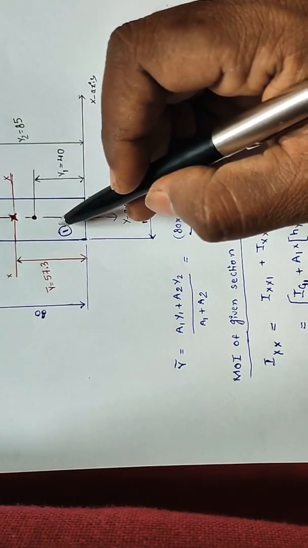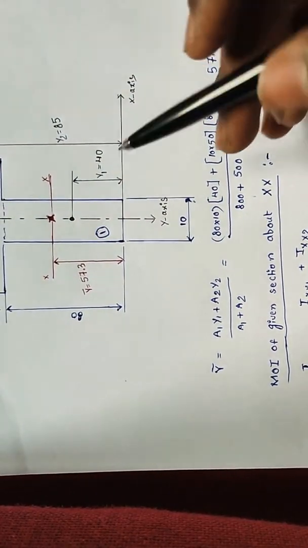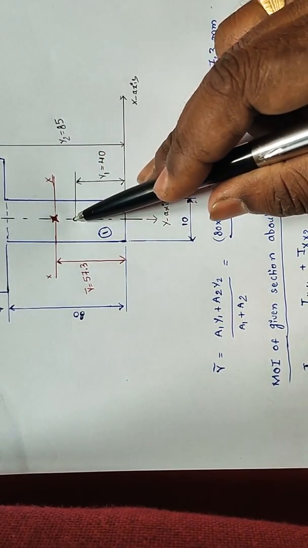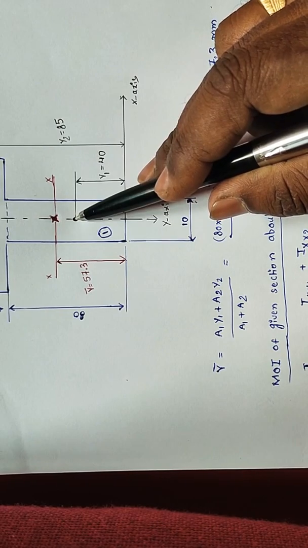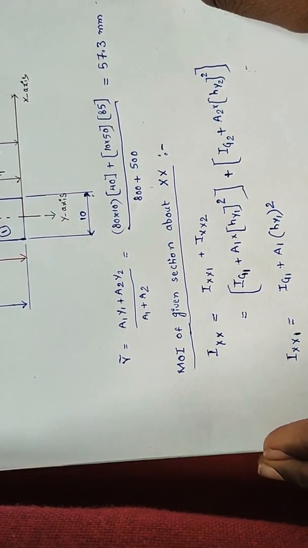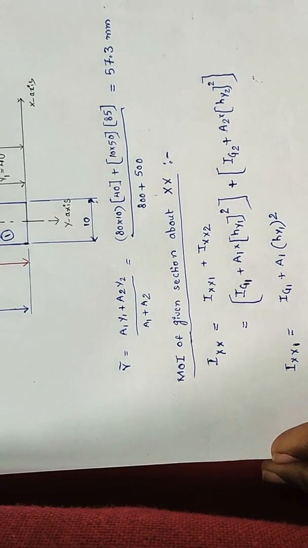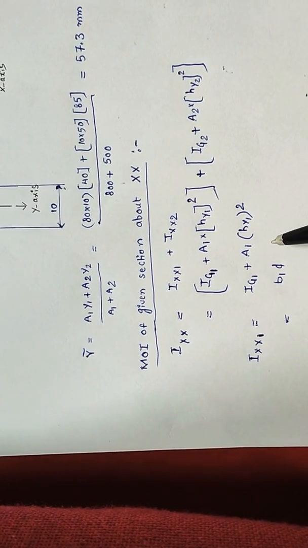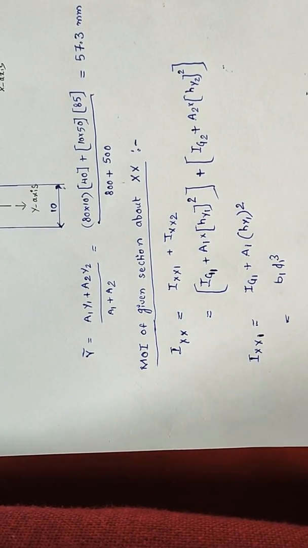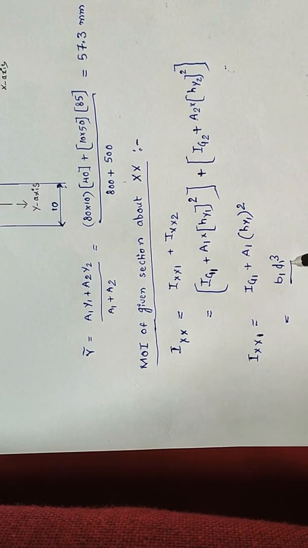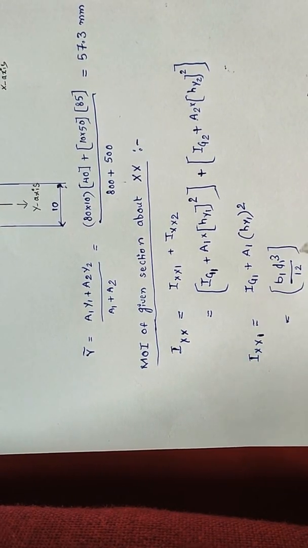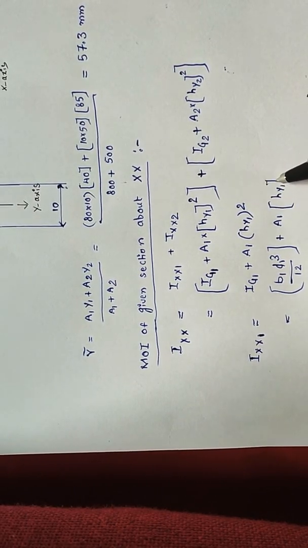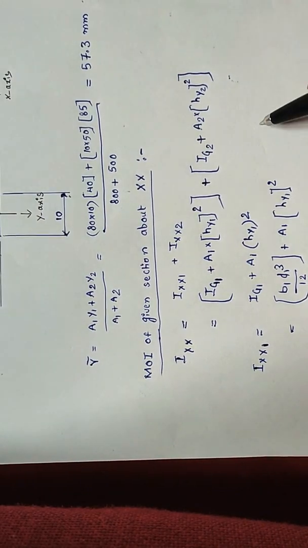So here this is the first element. The moment of inertia of this first element about its centroid, we know the formula bd cube by 12. So here it is b1 d1 cube by 12 plus area 1 into hy1 square. Here hy1 means